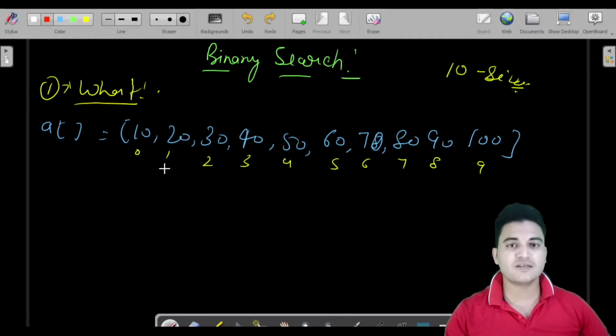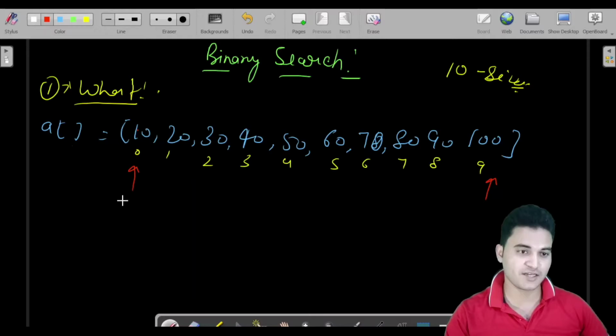So what binary search says is, take two pointers. The first pointer will point to the first element, and the second pointer will point to the last element. So we start here and end here.